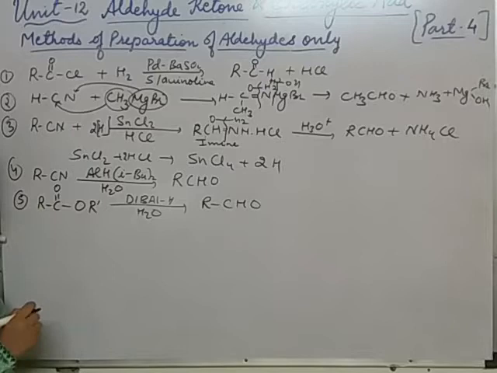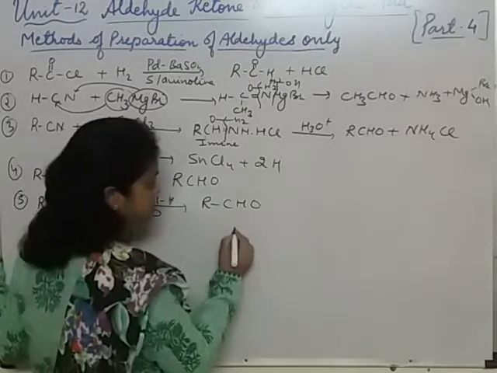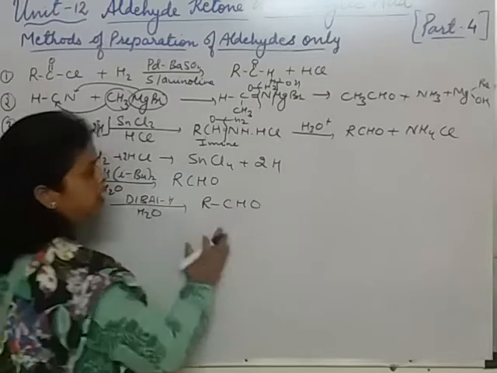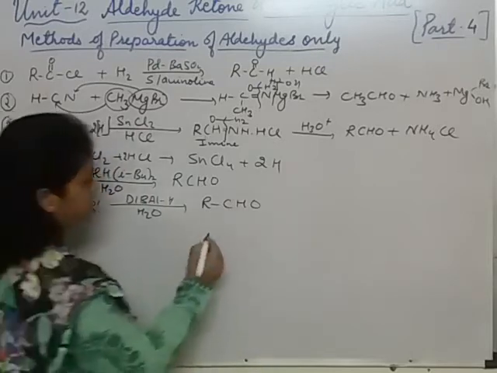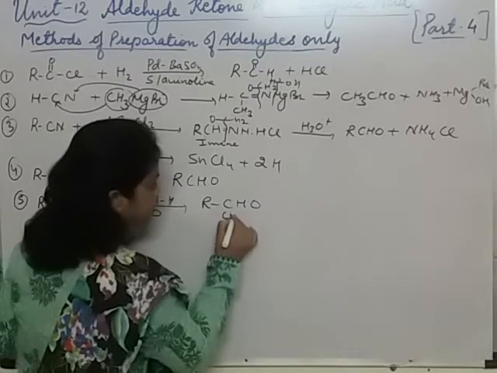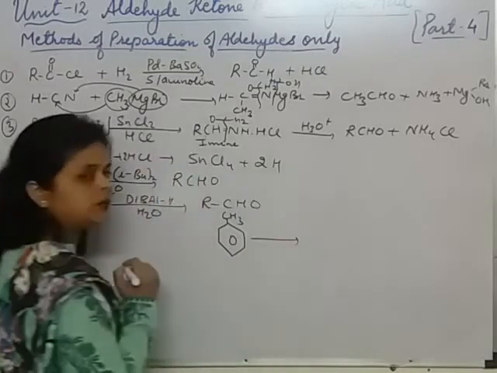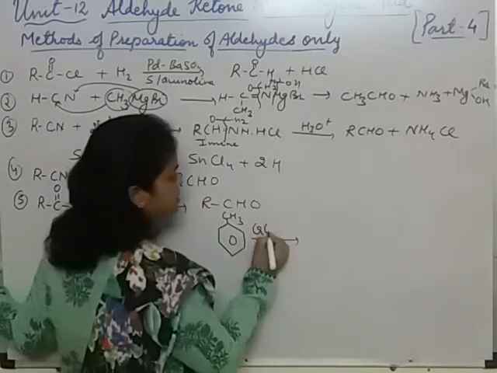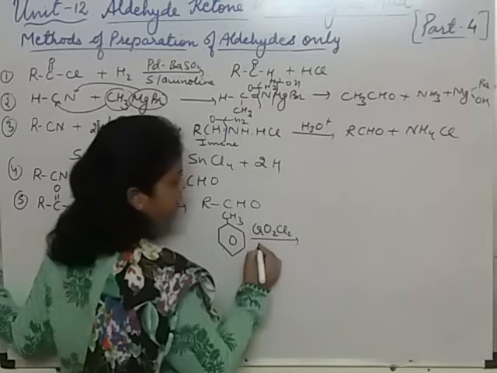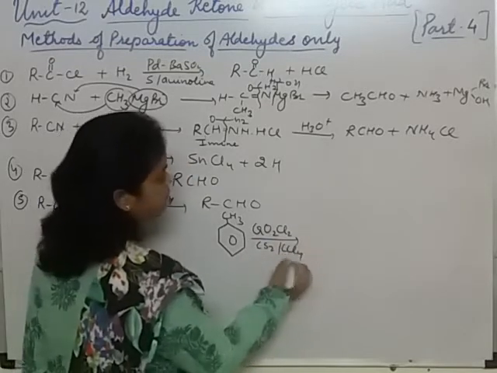So these are the three methods by which aldehydes can be prepared: from cyanides, acid halide, and here it is the ester. Now aromatic hydrocarbon. There were three methods by which toluene was converted into benzaldehyde. So I am just taking, see students, I will draw the toluene in the middle and then we will write all the three reactions. Okay, so we will take the toluene, methyl benzene.